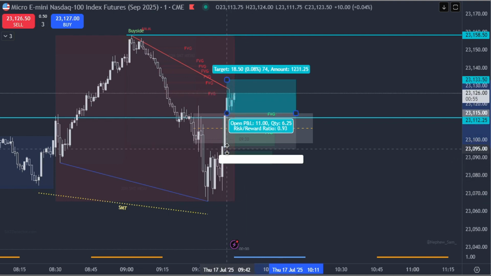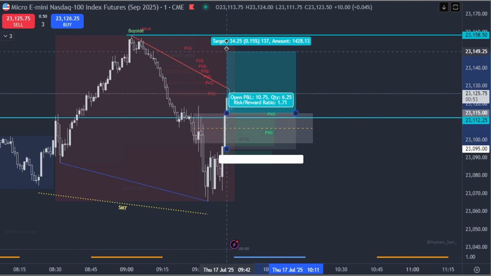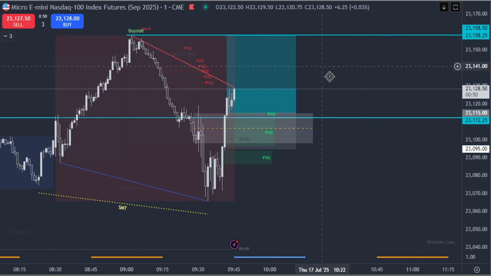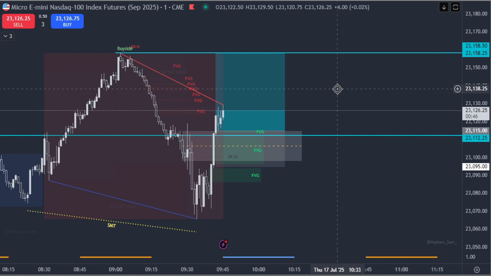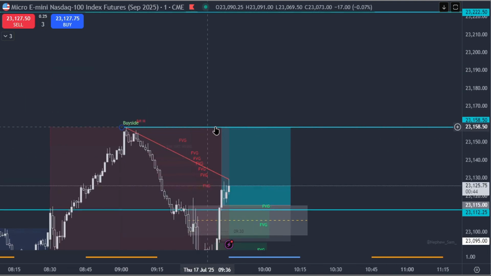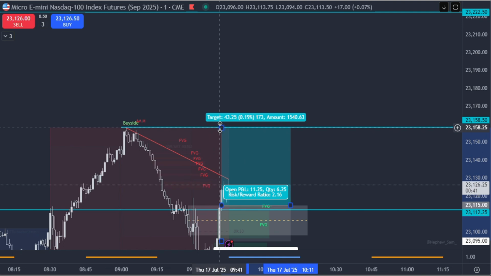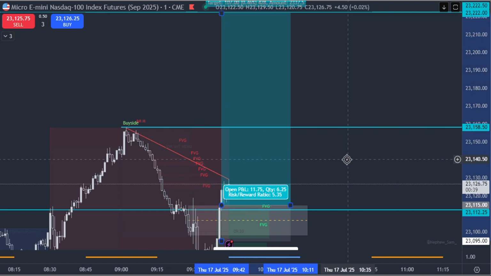Stop loss probably right here. And then I would take partials there. Yeah, it might just take off without us. That little small retracement would have been our entry. And then I would have taken partials there, go break even, and then try to hold all the way to there.